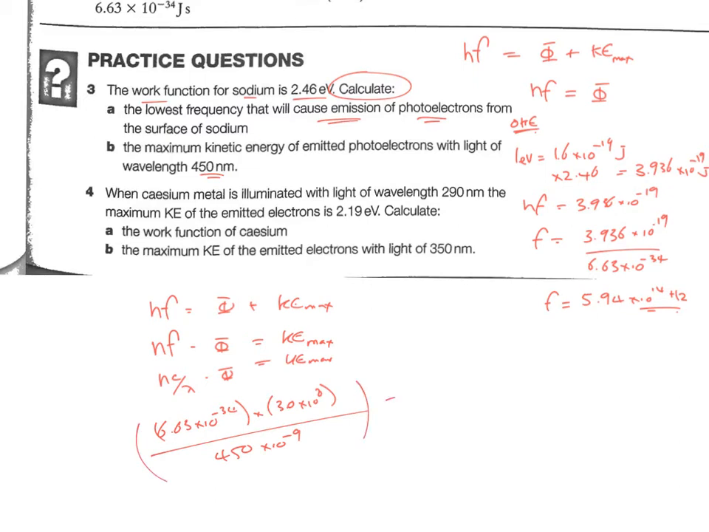Minus the work function that we just had as 2.46 electron volts. But now we've got mixed units, so we need to convert the 2.46 electron volts into joules. Remember, each electron volt is 1.6 by 10 to the minus 19 joules, so it's joules per electron volt. So we need to do that conversion: 2.46 multiplied by 1.6 by 10 to the minus 19. So the energy 2.46 electron volts in joules is actually 3.936 by 10 to the minus 19